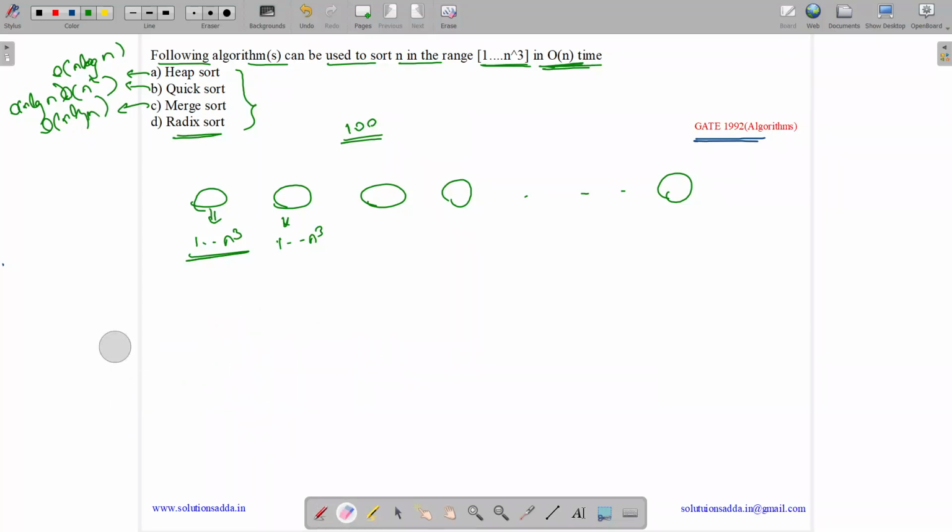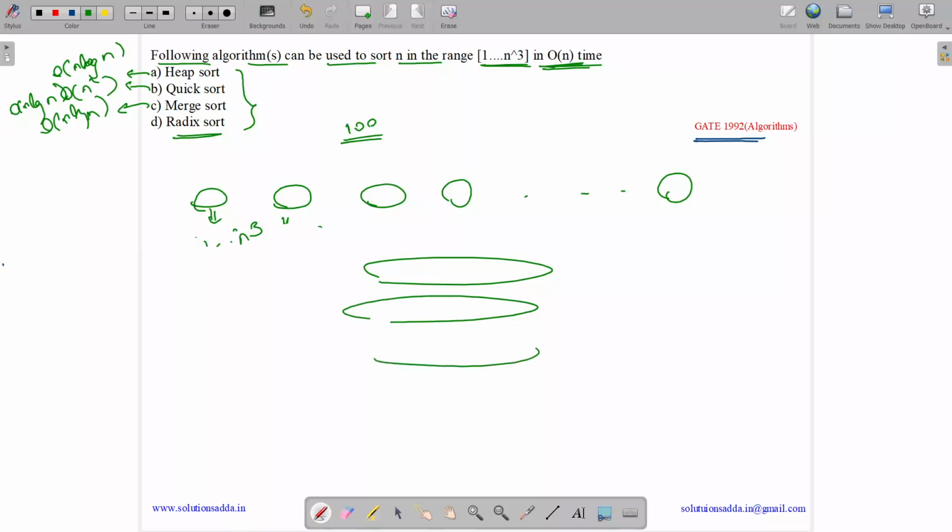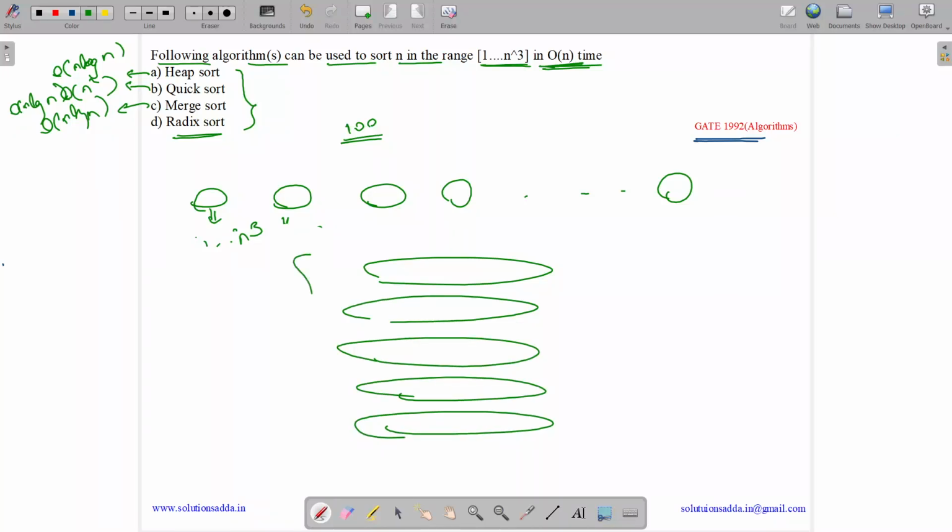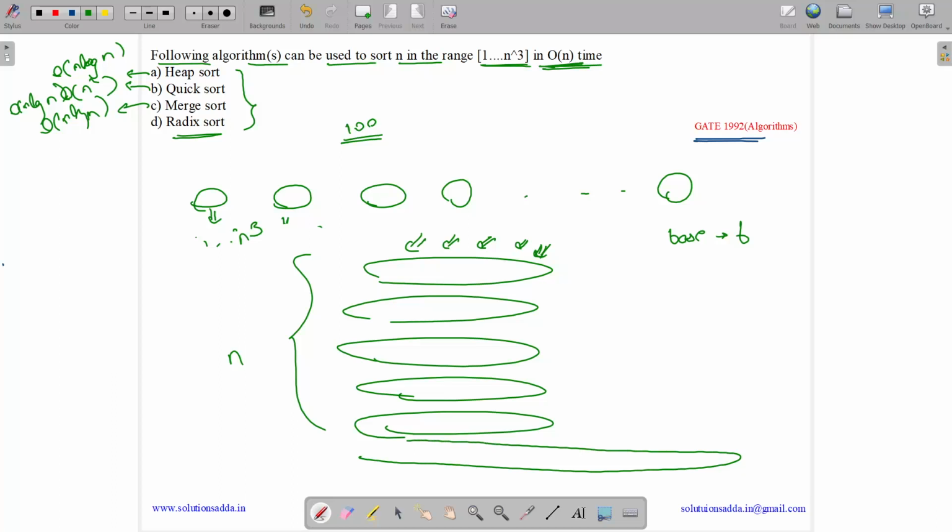So what is radix sort? In radix sort, we take all the n numbers and write them out. Then we sort by the least significant digit first, then the next digit, then the next, and so on. If we have n numbers such that each number is represented in base b, the complexity depends on the largest number. If the largest number has more digits, it will take more time. Let us suppose the largest number